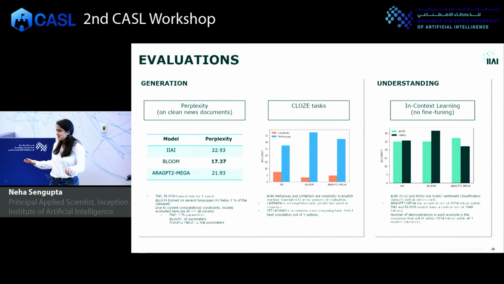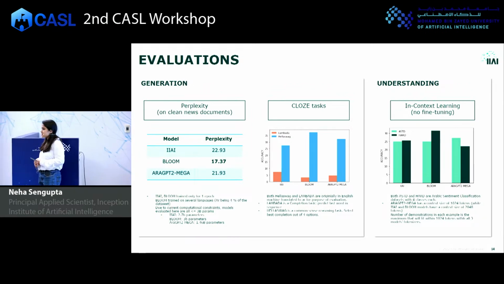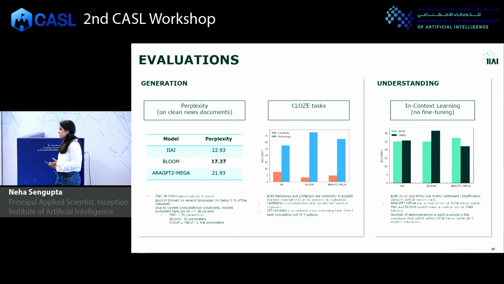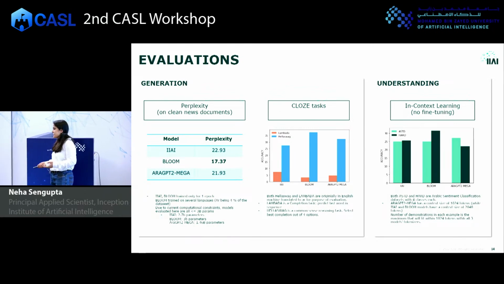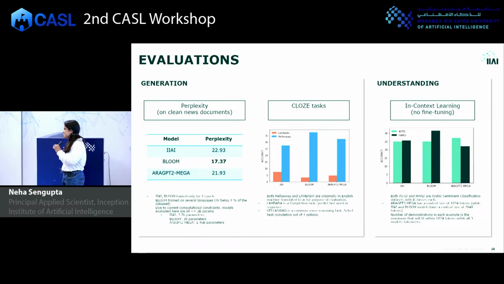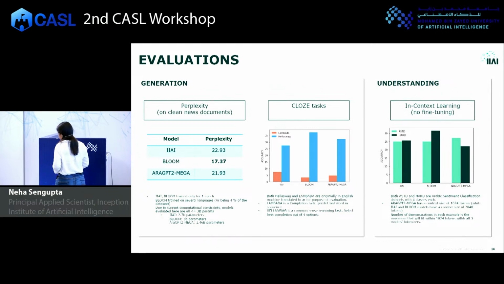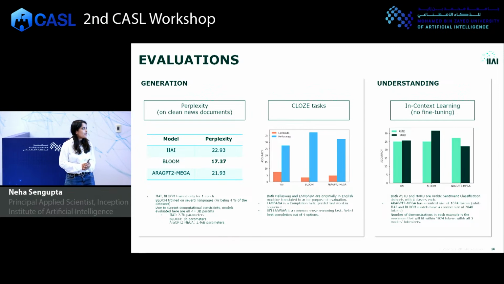Okay, I think many of us in this room have seen that with a lot of generative models, when people report about them, there's a lot of cherry picking involved. So you maybe use the model to generate 10 times, and the one time it generated a good response, you publish it or you put it on a social network, right? So the true test of the model, obviously, is in evaluations, and it's still a new field. How to evaluate a model is still not a very well answered question. However, using some of the different tasks that we have, we did evaluate the model.